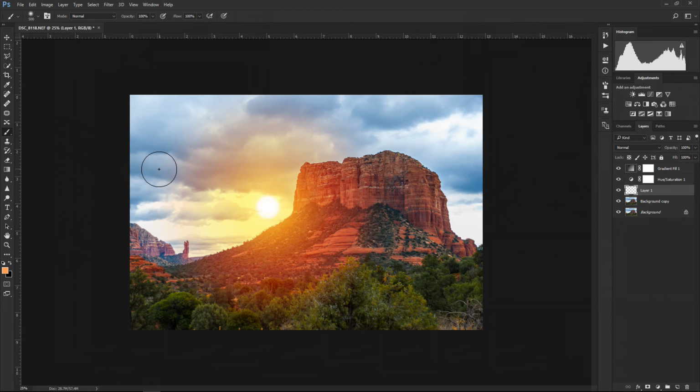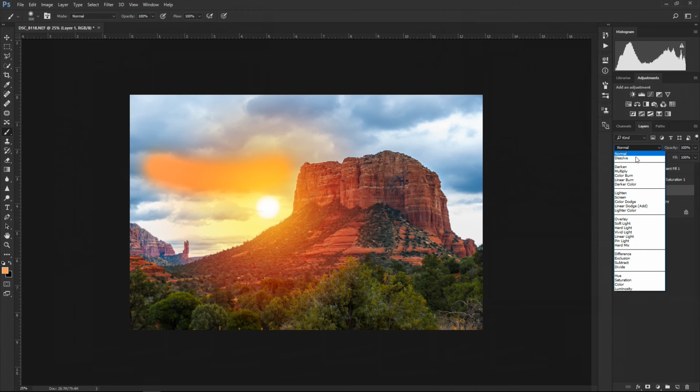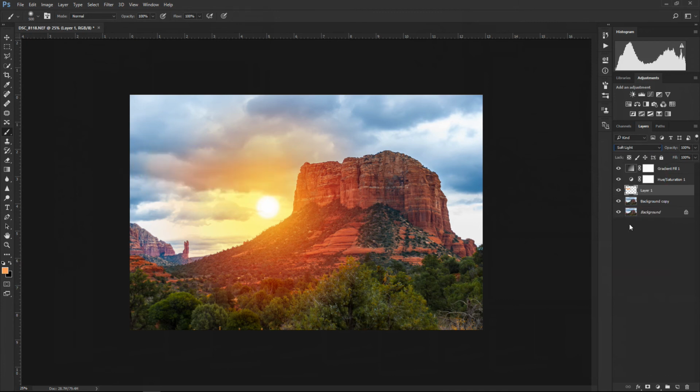Now if I start painting, you're gonna see that it doesn't really look good, right? So we don't want this. To fix it, we have to change the blending mode for this layer from normal to, let's say, soft light. Now it looks much better. Let's turn it off so you can see the change. This is before, and this is after. You can also try overlay instead of soft light to create more dramatic effect, but sometimes